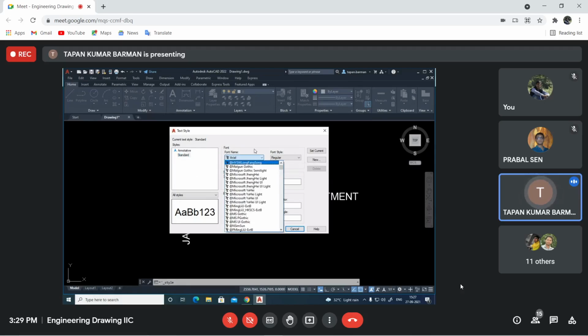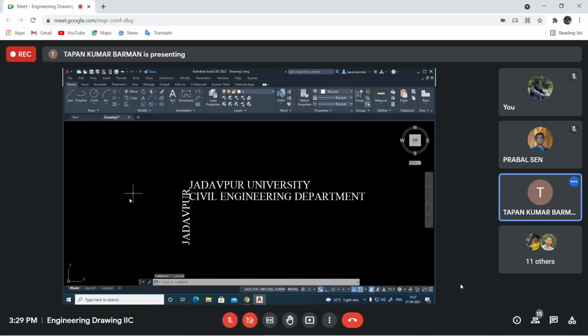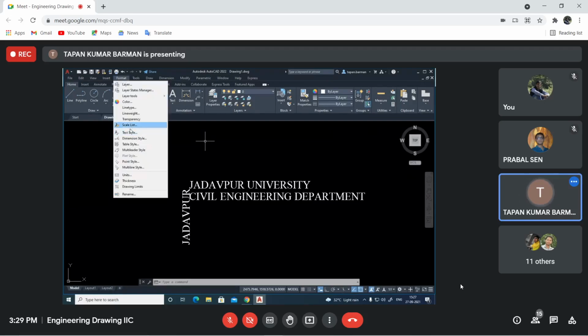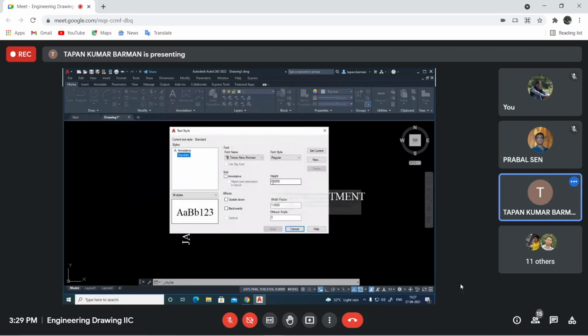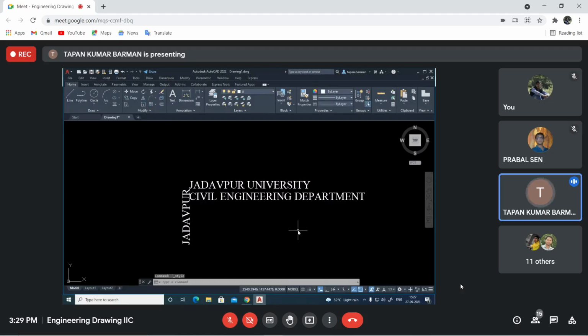It may be Arial, it may be Times New Roman. Then automatically the written text will be modified according to the font. So it should be done from the format, text style. The oblique angle and all other things you may not change here, because for the particular line we may change from the command line only. Is it clear?